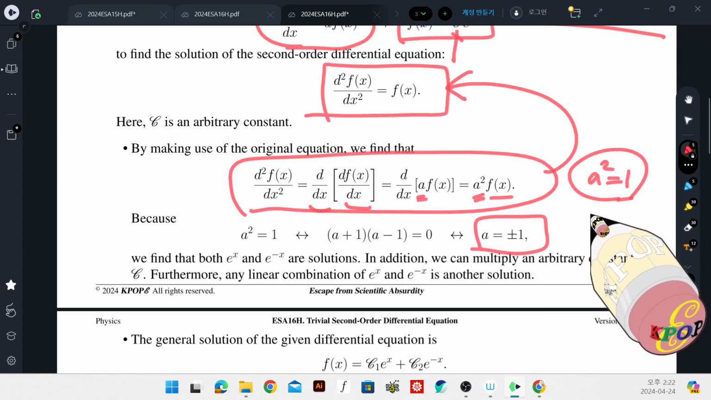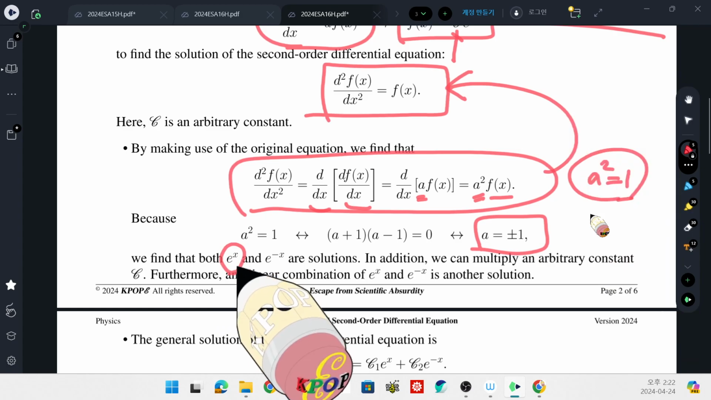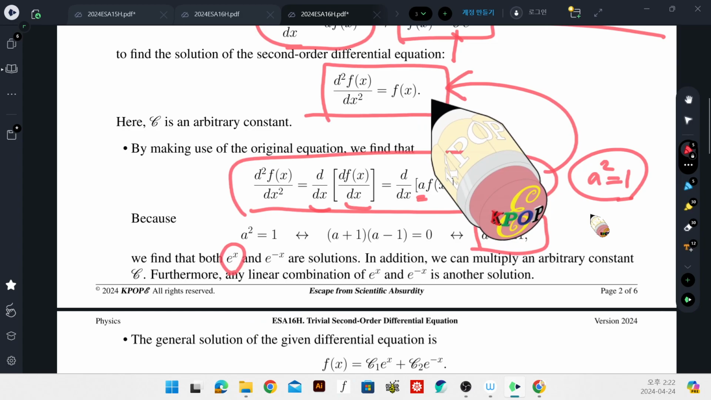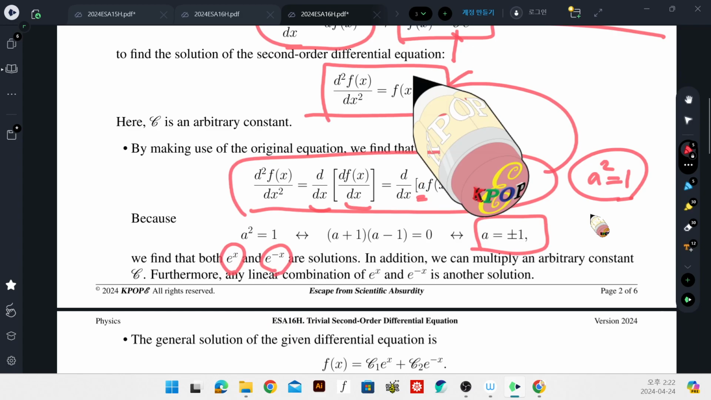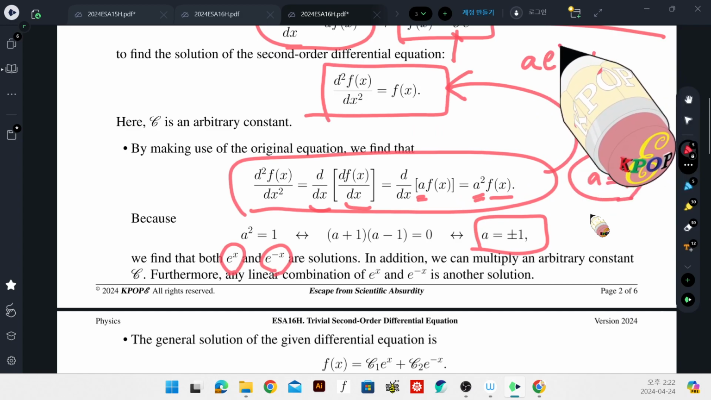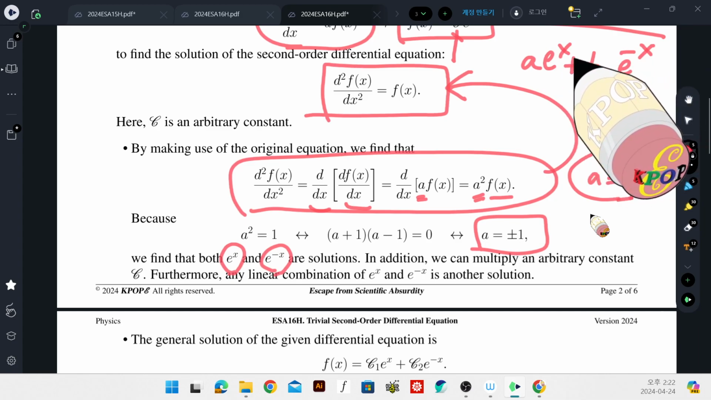Okay, so I can substitute exponential x for this f of x to reproduce this identity. And it is also true if I substitute exponential minus x for this f of x. What about the linear combination? Arbitrary numbers a and b are multiplied to the exponentials, and this